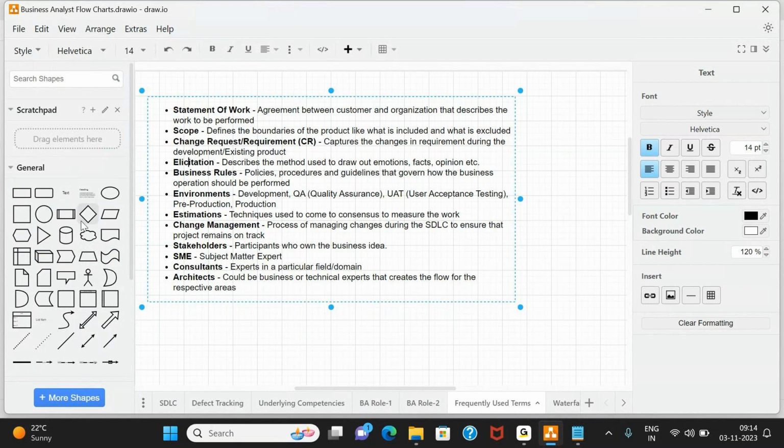Next is business rules. Business rules are basically anything which can cover policies, procedures, or guidelines that tell us how the business operation should be performed. Now, to give you an example of it,